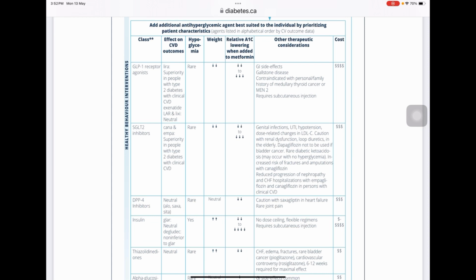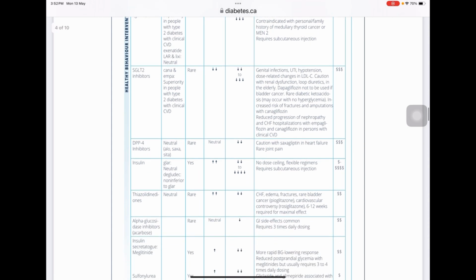GLP-1 receptor agonists, that is Ozempic, liraglutide, semaglutide. But empagliflozin and dapagliflozin are all SGLT2 inhibitors, which are a little bit more expensive, but have good efficacy with lowering HbA1c, decreasing weight, but have the side effects of UTI, genital infections. Dapagliflozin is not to be given in patients with bladder cancer. Canagliflozin may increase the risk of fractures, but has a very good effect on nephropathy and patients with congestive heart failure,